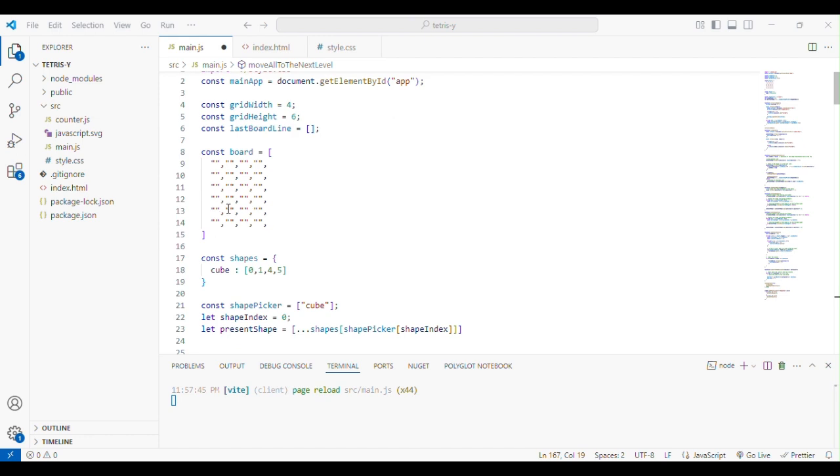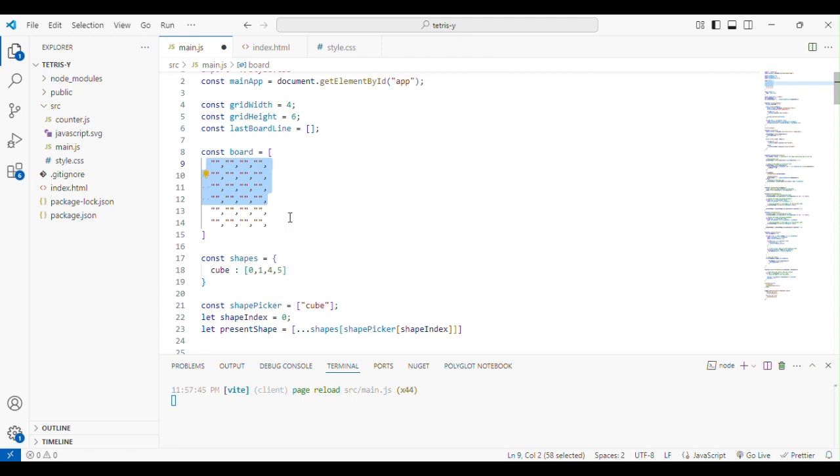Now let's say these two lines are filled. So the scan limit is essentially the last filled place minus 1. We're going to write that, don't worry about it. So what we want is to start scanning the board from here upwards,